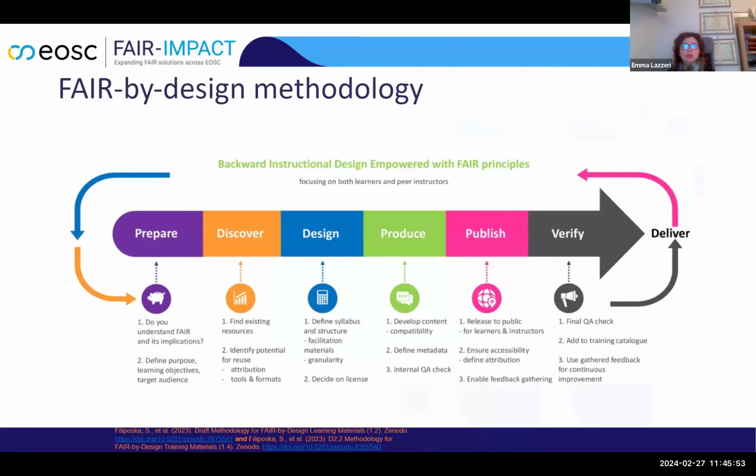The FAIR by Design methodology is another important output of our project. This has been released already. It has undergone a first co-creation step, and we now are working with the different initiatives and communities for the uptake and the feedback collection on the methodology itself. So there are different steps in the methodology. I will not go into the details, but let me just mention that this methodology was defined because